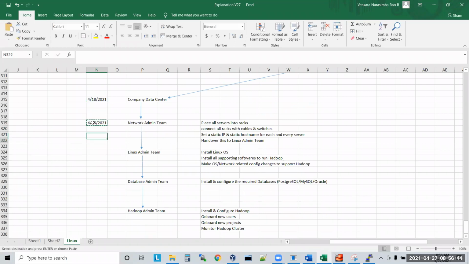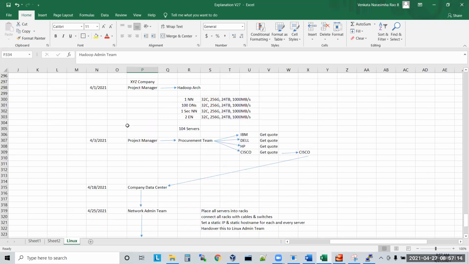Then the Linux admin team will take their time, and the database admin team will take only 2 days. Only then will the Hadoop admins install the Hadoop cluster. You understood the point, sir?